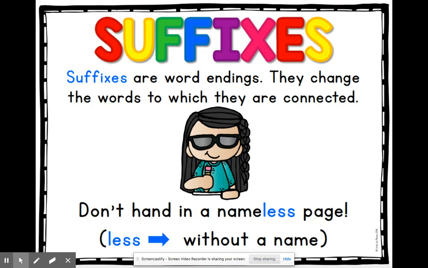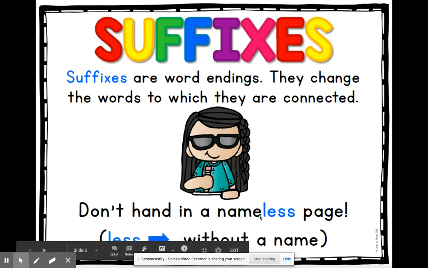So what is a suffix? Suffixes are word endings, and they change the words to which they are connected. So in this example, don't hand in a nameless page. We have two things going on in the word nameless. First, you have a base word here, name, which can be used all by itself without any help. However, when you add the suffix less, meaning without, on the end of name,